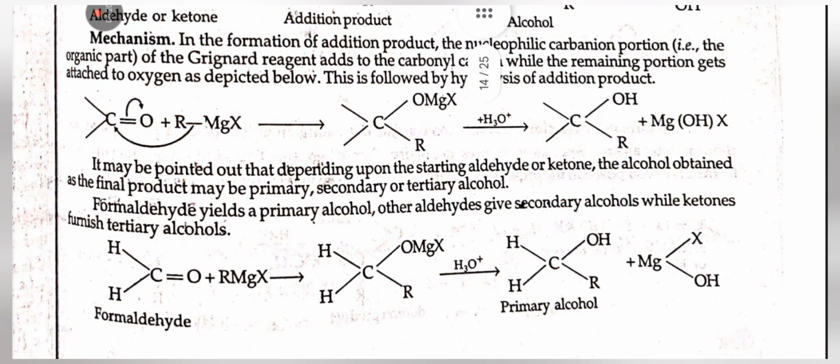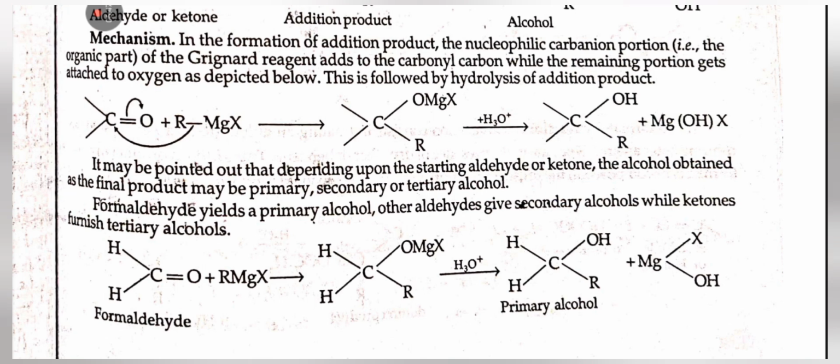C double bond O plus RMgX. The bond of RMg will attack on carbon, due to which the carbon-oxygen bond will break and move towards oxygen, which will give carbon OMgXR. On reaction with H3O+ will give Mg(OH)X and